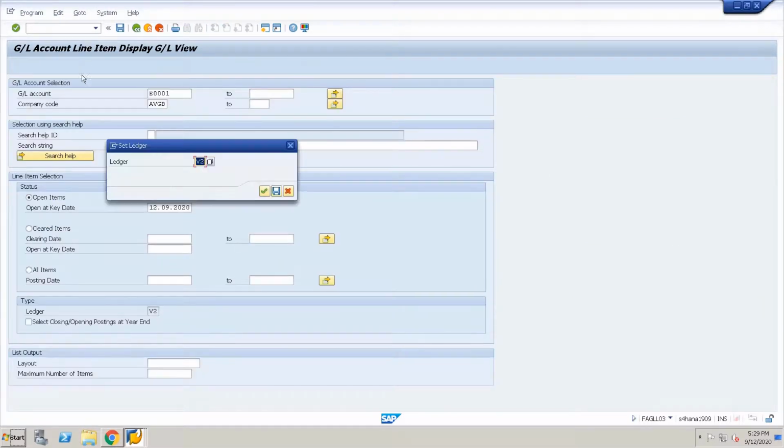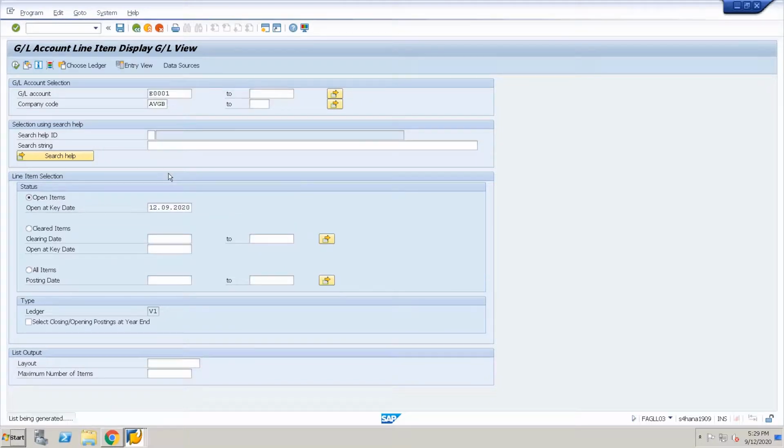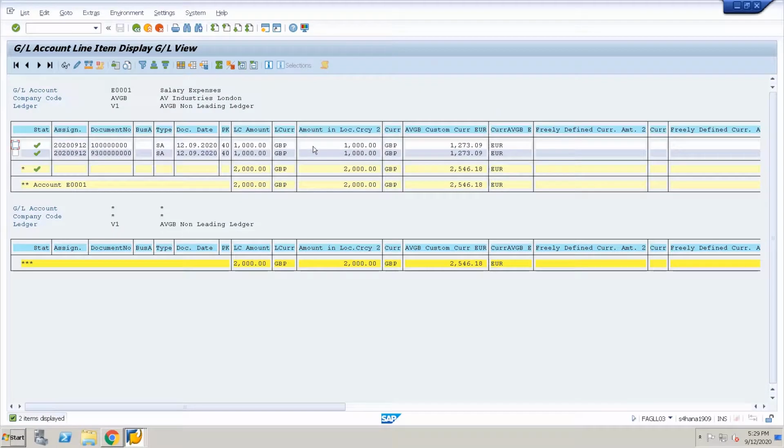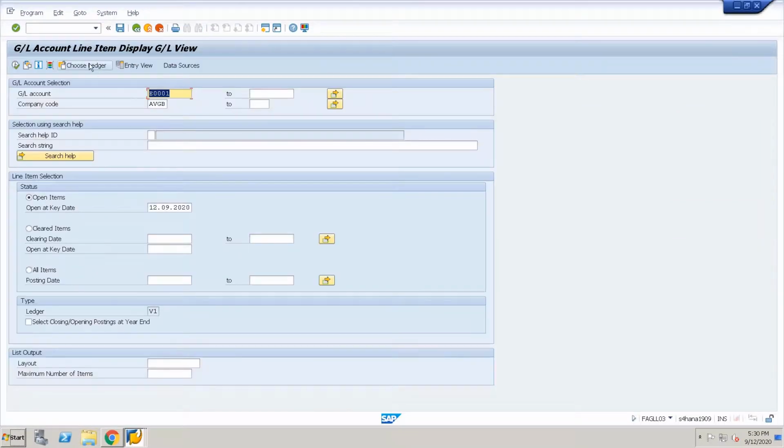Similarly, now let me go to the non-leading ledger V1 and execute it. So here you can see only two entries. The first one which I have posted to all the ledgers, and this is 9300 which we have posted only to ledger V1.